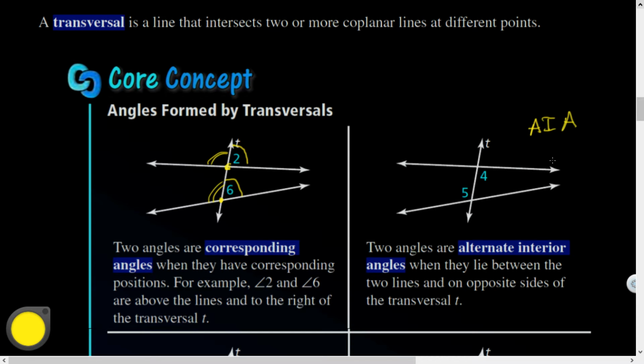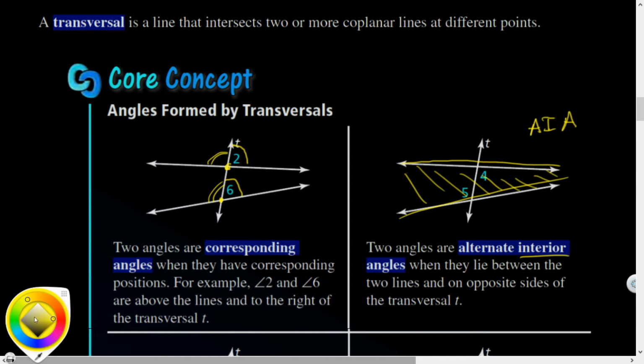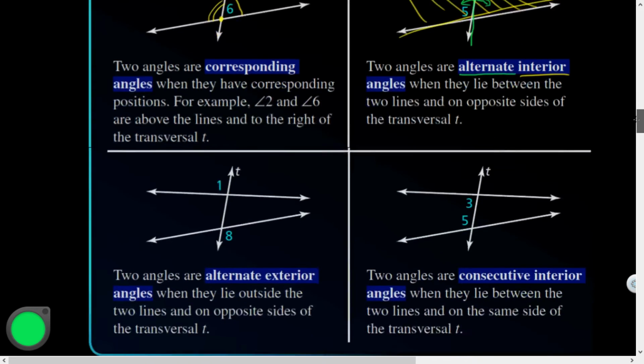AIA, alternate interior angles, are on alternating sides of the transversal. Notice they're on different sides, and they're inside the interior. Here's the interior piece: they're inside those two lines, and they are on alternating sides of the transversal. Those are alternate interior angles. There are multiple alternate interior angles. Angles 4 and 5 are AIA, as well as this angle here and this angle there. Okay,